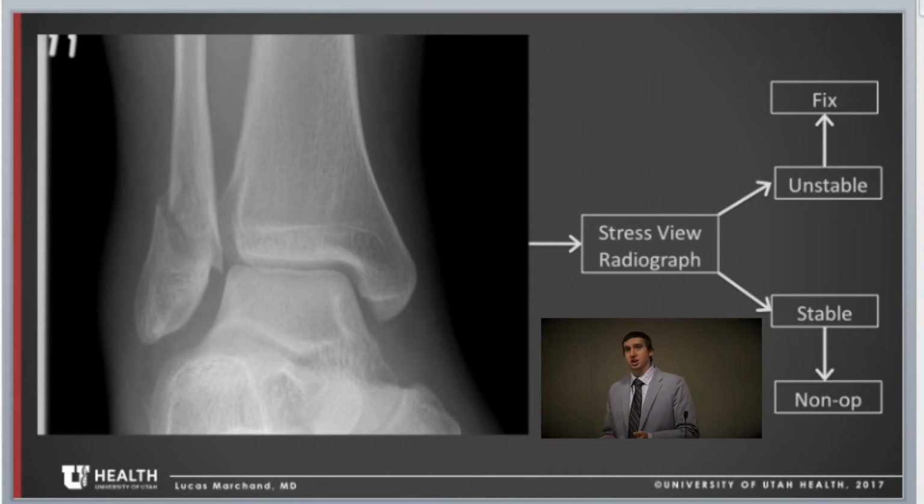This patient gets a stress view radiograph, either in the emergency department or in clinic, wherever you're seeing them. And based on the results of that stress view radiograph, we have a defined treatment plan for this patient. If the stress view radiograph demonstrates instability of the ankle, we tend to recommend open reduction and fixation of this injury. If the stress view radiograph demonstrates stability of the ankle mortise, we would typically recommend non-operative intervention. And the nice thing about this decision tree is we have data to support each branch of this